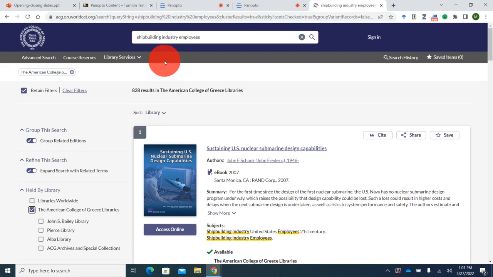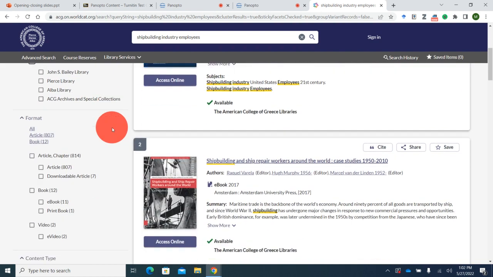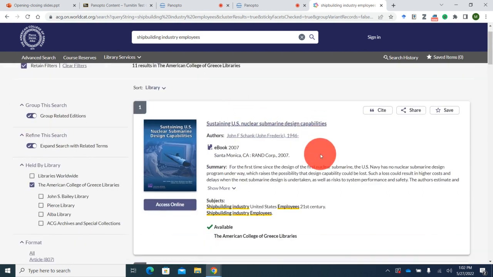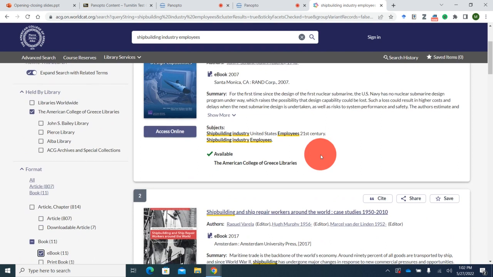If you have found too many results, or they do not look useful and relevant, you should revisit your search and try using different search terms. If your results look promising, but there are just too many, you can use the options in the left-hand sidebar to narrow your search. First, you can narrow down by selecting a particular format of information sources like articles, books, or videos. For example, narrowing down with ebook returns a list with online books.